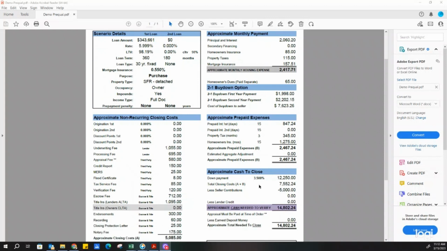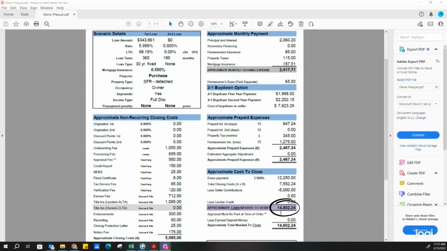And so what we're going to do is add both the closing costs and the prepaid expenses, and that's going to equal your total settlement charges or total closing costs A plus B, which is $75.52. So if you look at the approximate cash to close, you're factoring in your down payment, $12,250 for FHA's 3.5%. You're factoring in your closing costs at $75.52. And then let's just say hypothetically the seller's given you $5,000 towards your closing cost. Your total funds needed to close are